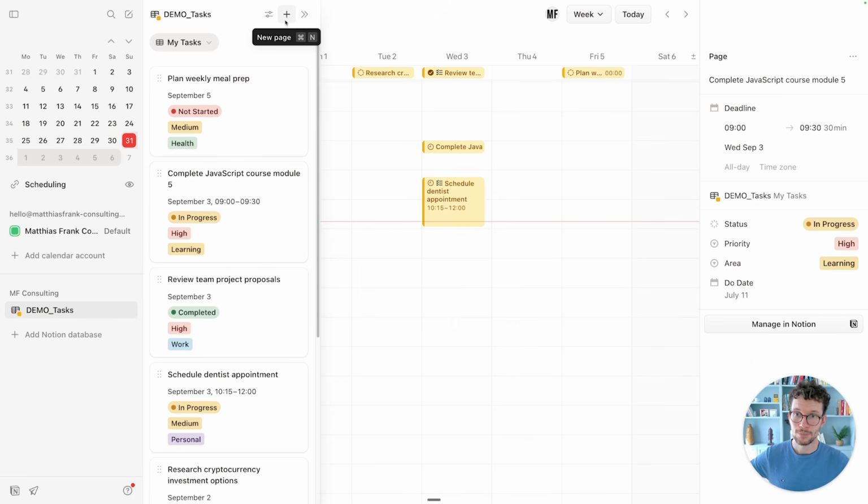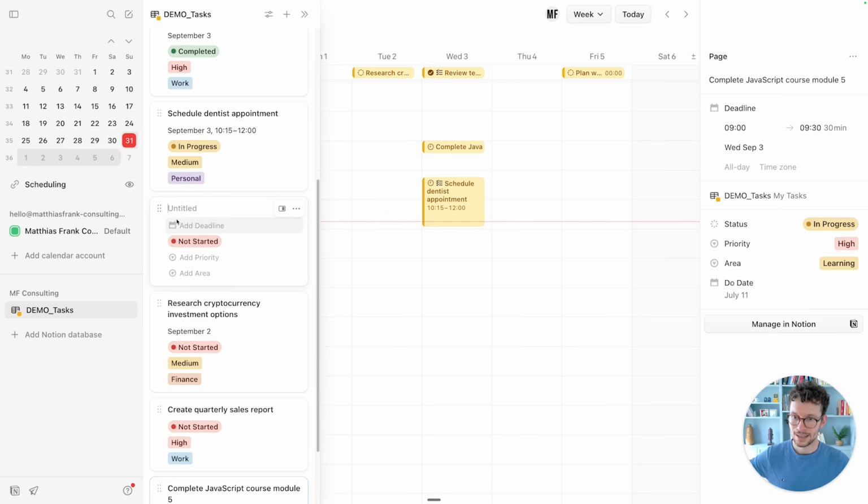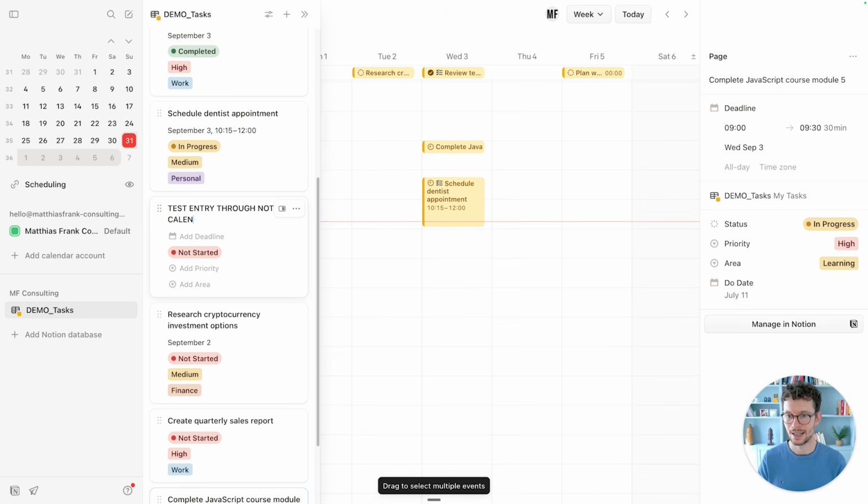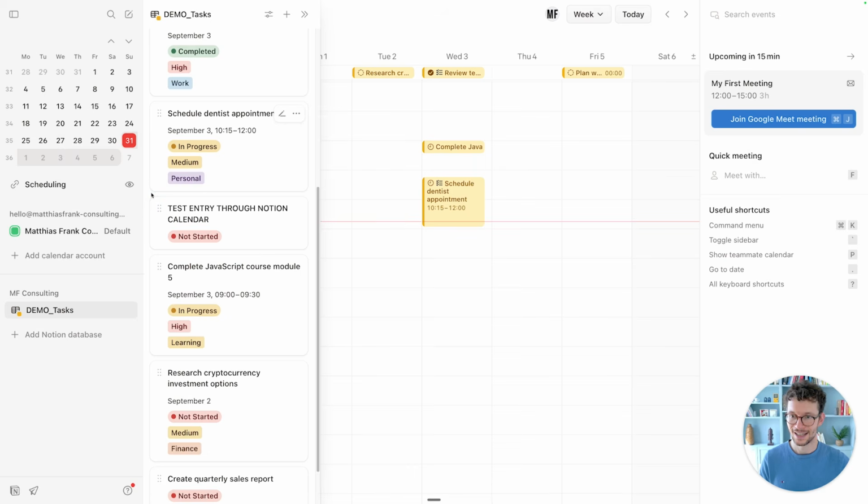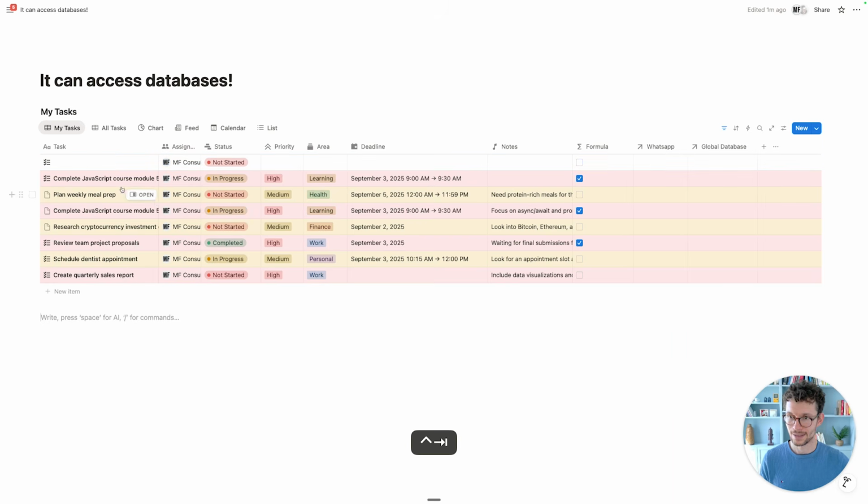Or we can click on plus to create a new entry, right? So this one creates a new empty one. We also have the shortcut Command N for it. And we see we now get this new empty card, right? Test entry through Notion calendar. Let's call it that. If I confirm, in my Notion database